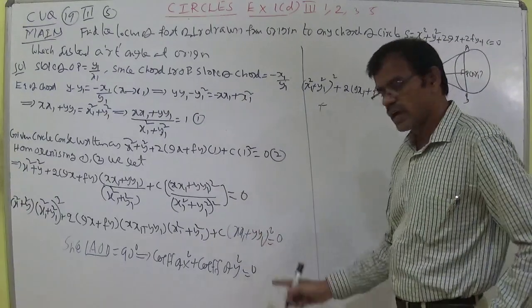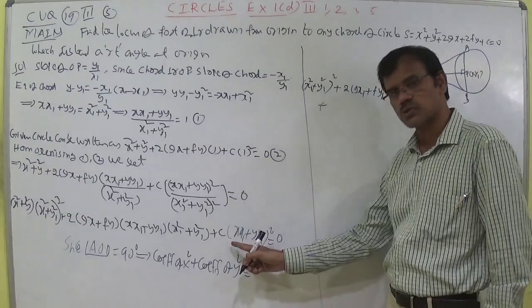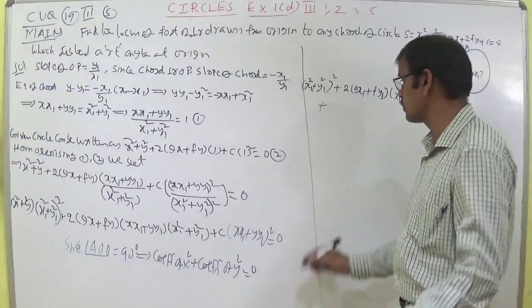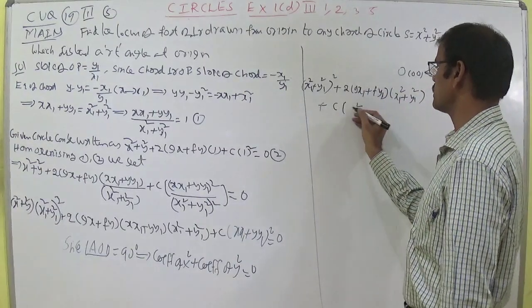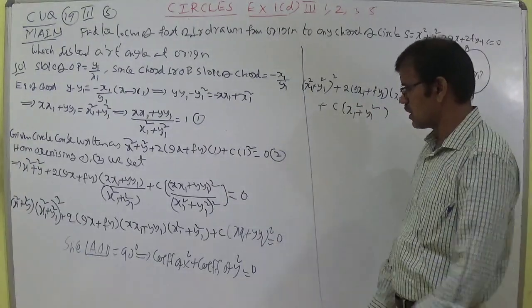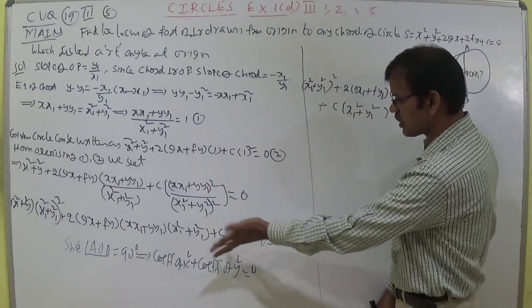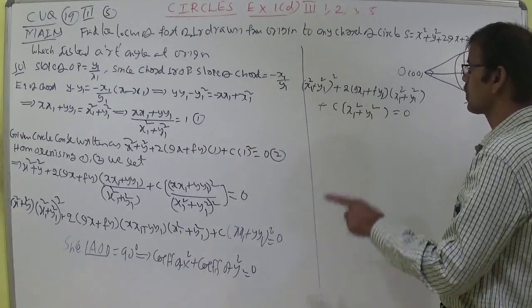this one, if we expand this one, it becomes x square x1 square plus y square y1 square plus 2x x1 y1. So x square coef, y square coef only you take. So x square coef becomes x1 square plus y1 square, that's all. And y square coef. I have written directly x square coef x1 square plus y square coef y1 square along with c is equal to 0. You can write.